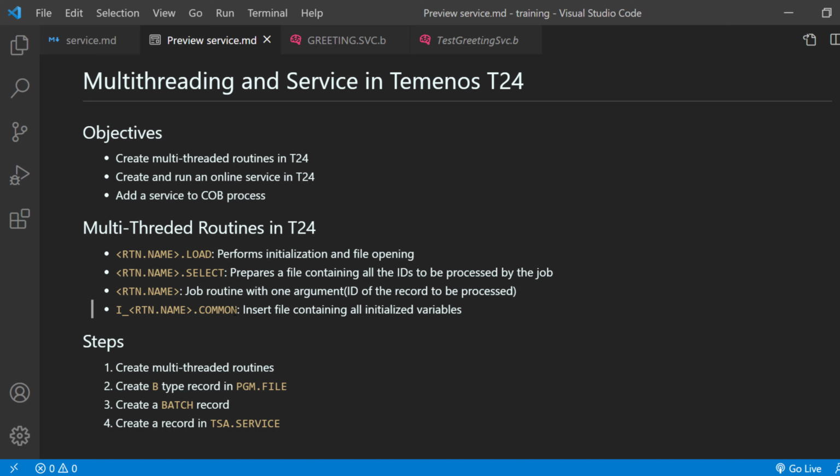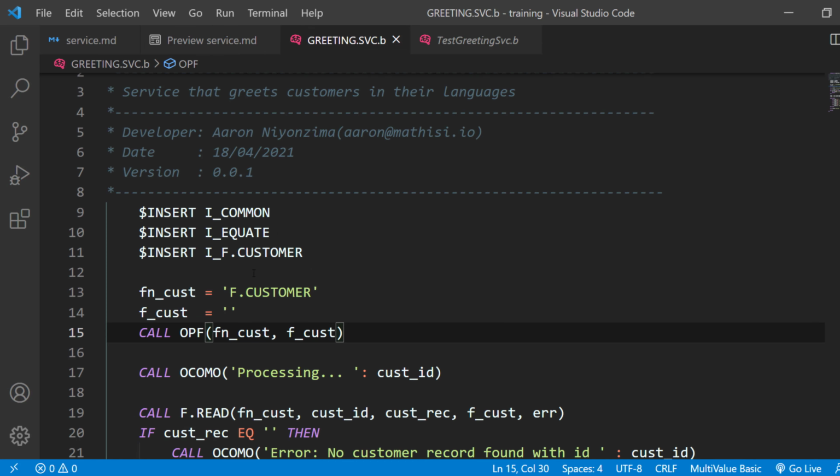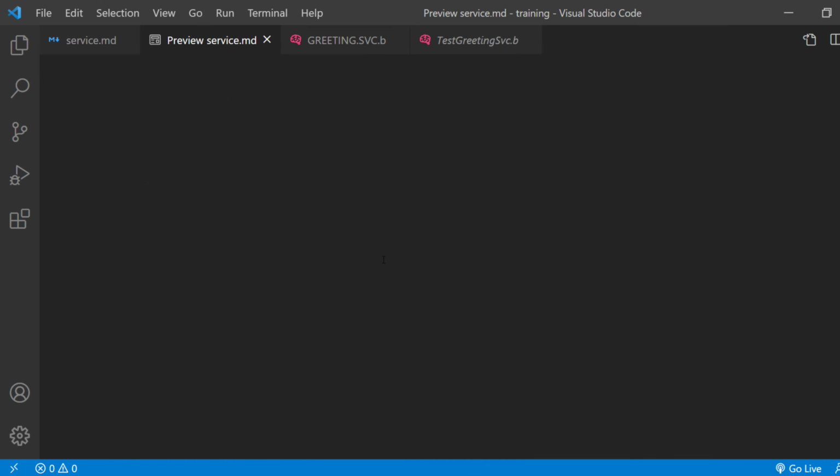batch.job.control first locates this routine .load. So in our case, it's going to be greeting.service.load, which initializes all the variables and also opens the file. So the things which we have here need to be moved to another subroutine with .load. Now, after that,